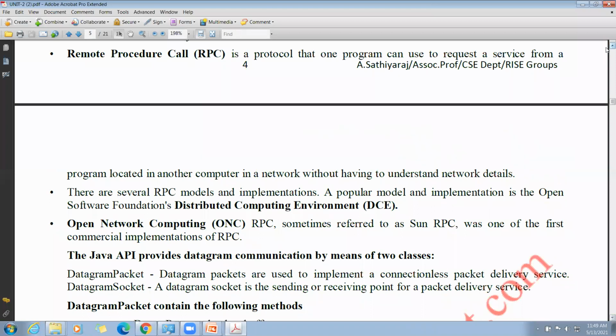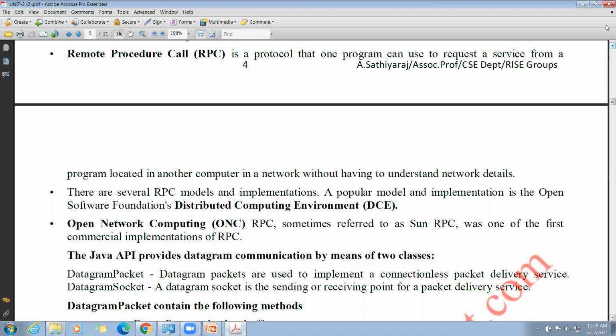In distributed computing, a remote procedure call is when a computer program has a procedure to execute in a different address space, which is coded as if it were a normal procedure call, without the programmer explicitly coding the details for the remote interaction.